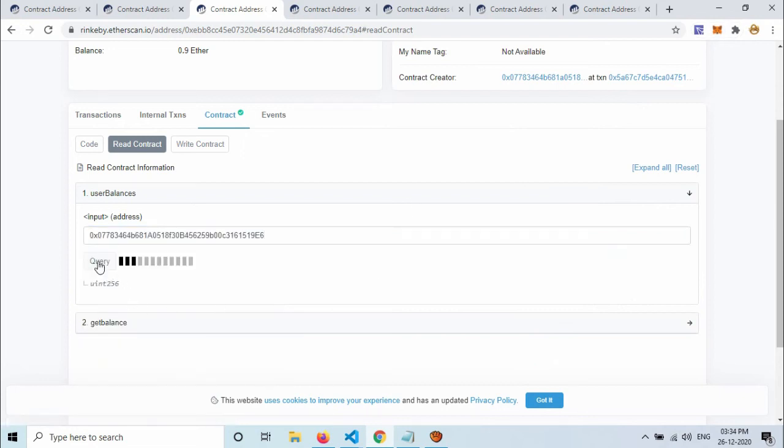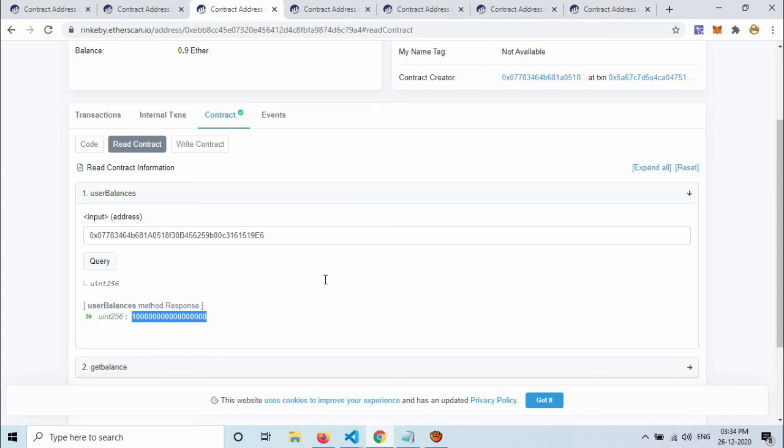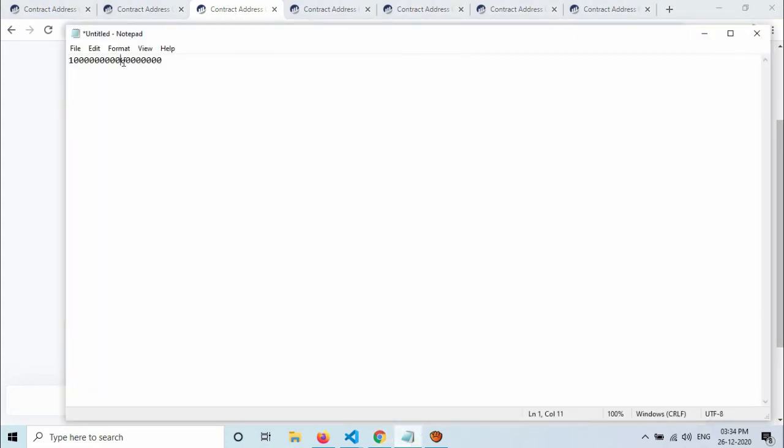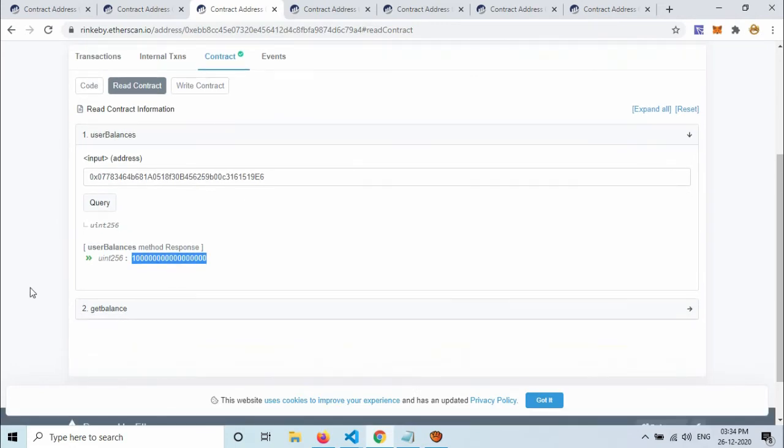And the balance of this is this much. This happened due to reentrancy. This balance should be 0, but it is not 0 because of reentrancy. So account 1 received 0.1 ether due to reentrancy.